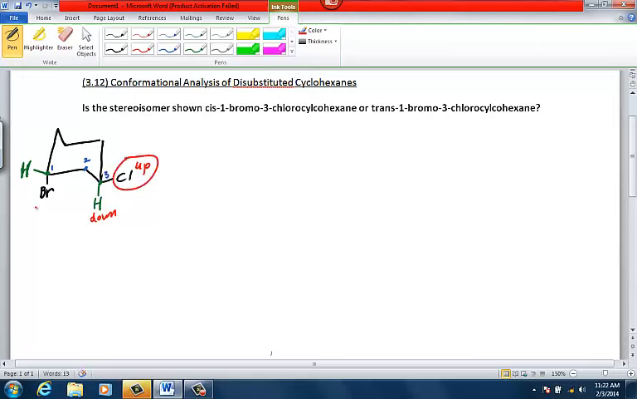Over here, the bromine is clearly down, making the hydrogen up. And so in looking at this, if the Cl is up and the Br is down, they are across from each other, or trans. If we were to draw this as a flat hexagon,